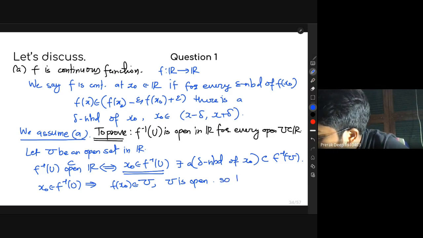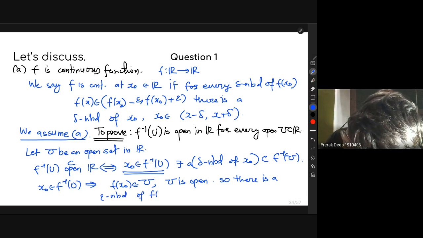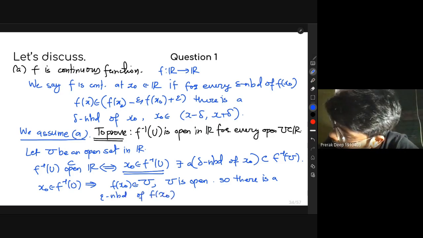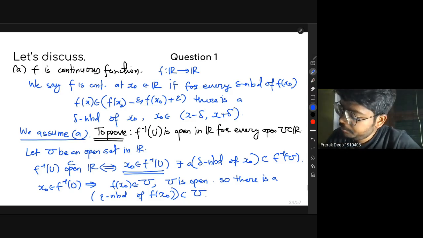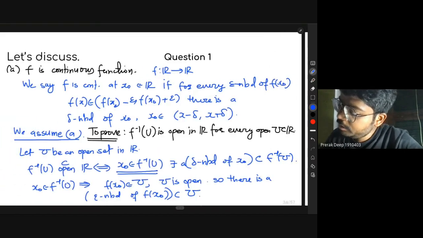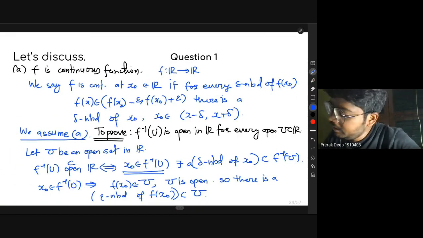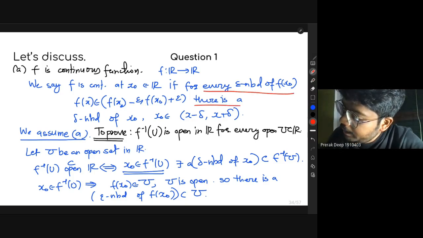So there is an epsilon neighborhood of f(x naught), and this whole epsilon neighborhood is contained inside u because u is open. Now we use the definition of continuity, which says that for every epsilon neighborhood of f(x naught), there is a delta neighborhood of x naught,